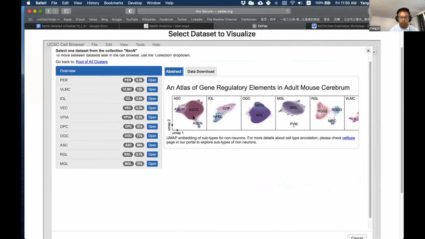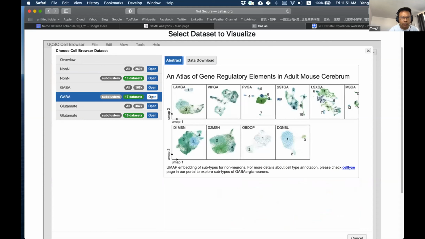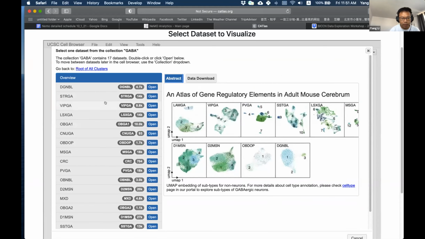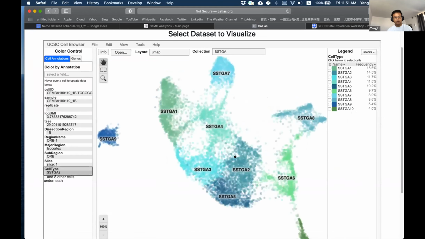For example, you can go to the subtypes of astrocyte to explore more. But here I want to show you one example, the SST GABAergic neuron. So if you are following me, if you go to the GABAergic subtypes, scroll down to find the SST positive GABAergic neuron and click open, it will direct you to the cell browser view.